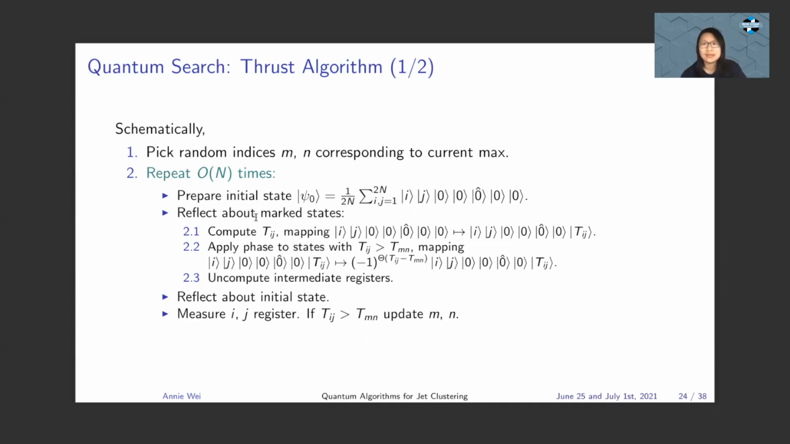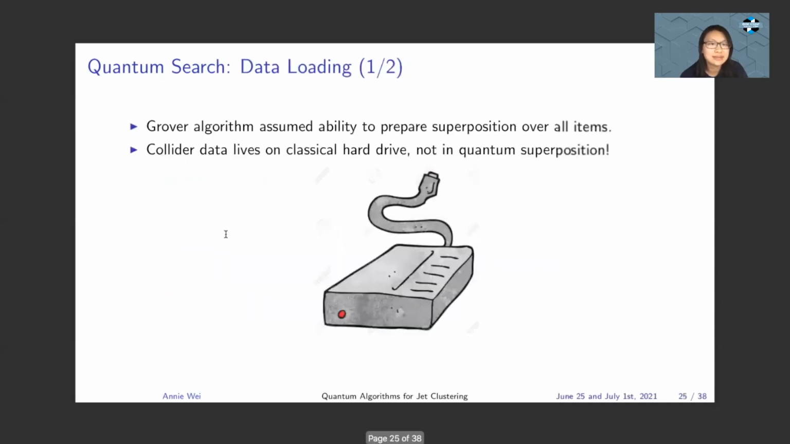Then I want to reflect about the marked states. So this involves actually computing this value of thrust for each partition, and then reflecting about the state corresponding to that. And then I reflect about the initial state, and I repeat the whole thing in this loop n times. But crucially, in this process of actually computing the thrust for each partition, I also need to be able to